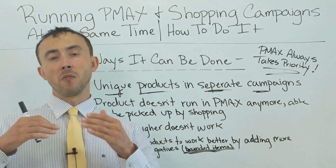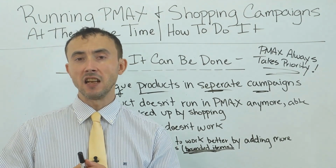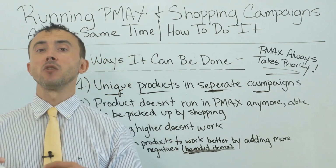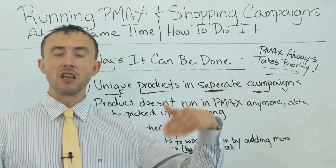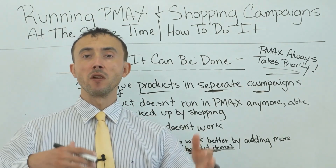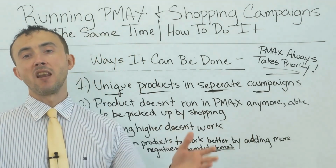And we were able to get a good chunk of those products starting to work, get shown, actually get sales, the kind of ROI that the client needed and wanted for that to be considered profitable. It just took a lot of work of adding a lot of negative keywords, which a lot of that data had to come from their search campaigns that they were running for years, digging through it, finding over 10,000 negative keywords to add to the standard shopping campaign so that it would only run high and tight like that, just show up for the make and model searches, but was able to be profitable once we added those negative keywords,